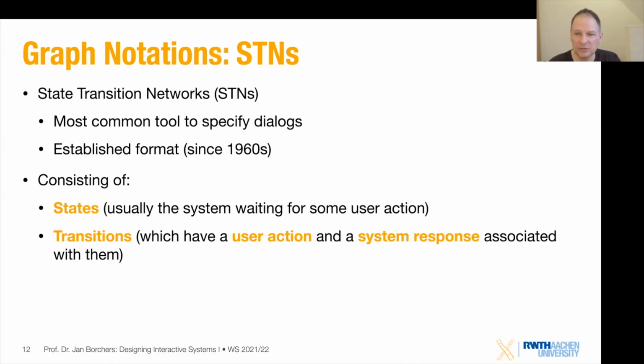The action, the input of the user and the system response associated with that input happens in the transitions. So put simply, if you write a program and most of the time it sits there and waits for the user to press the button, then that is in a state. That program is in that state in the UI term. And when the user presses that button, an event comes in, and that will likely transition the system to another state where it does something in response to that action and then enters that other state where again it waits